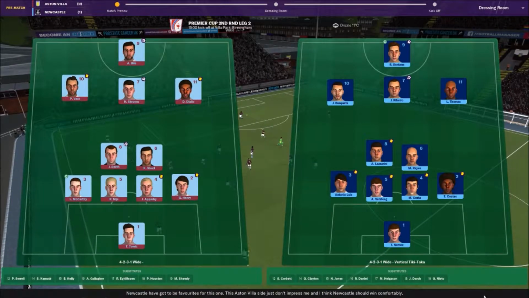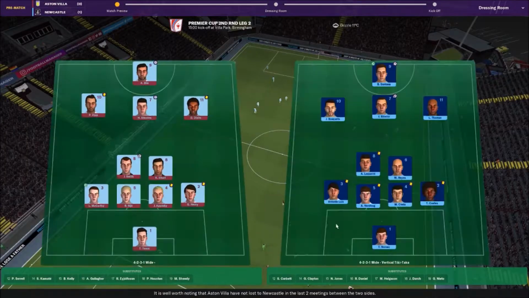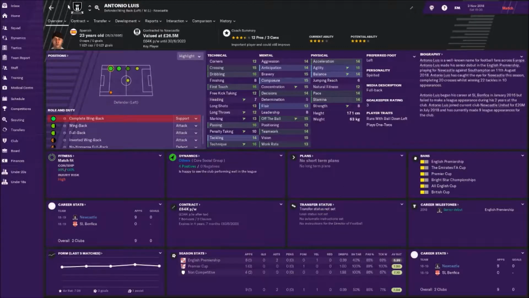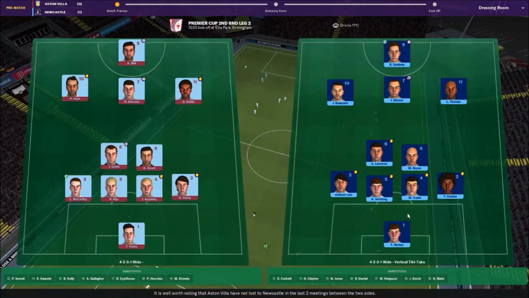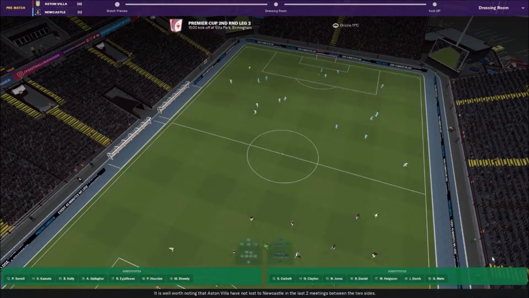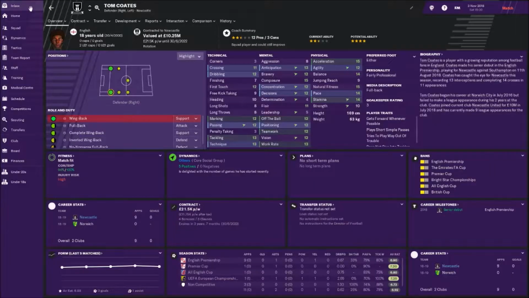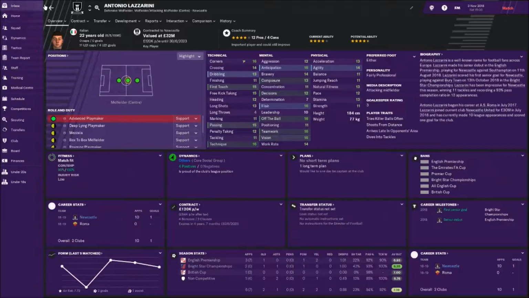Right, here is the team we are going for. So we have got Nemec in goal. We have got Antonio Luiz at right back, or left back, should I say. The middle, we go with Arhan Versteeg, playing alongside Marco Costa. At right back, we have Tom Coates. The 2 centre mids are Antonio Lazzarini,